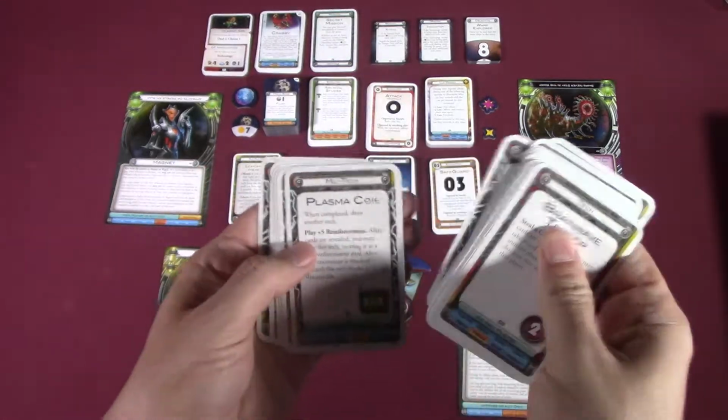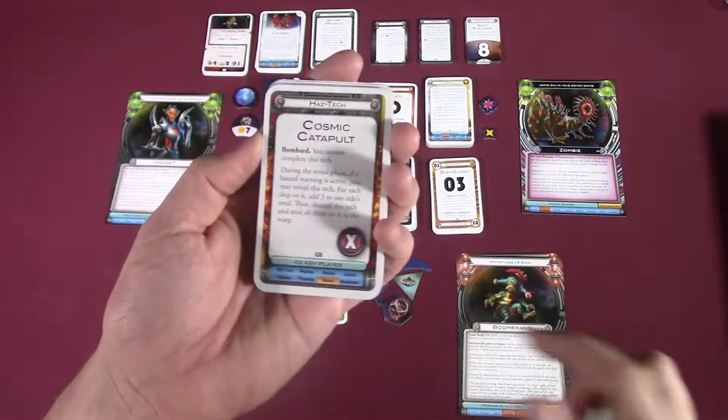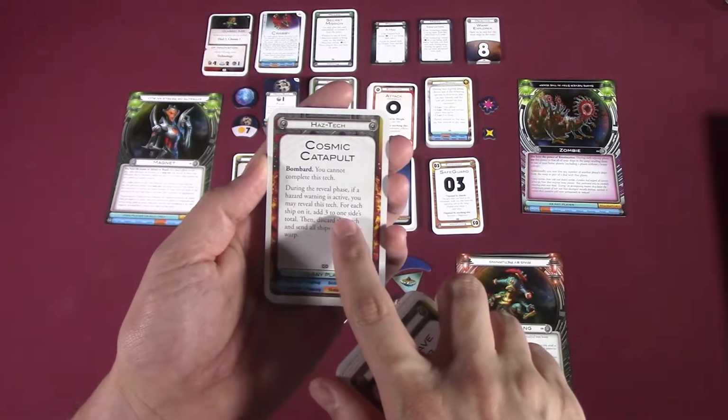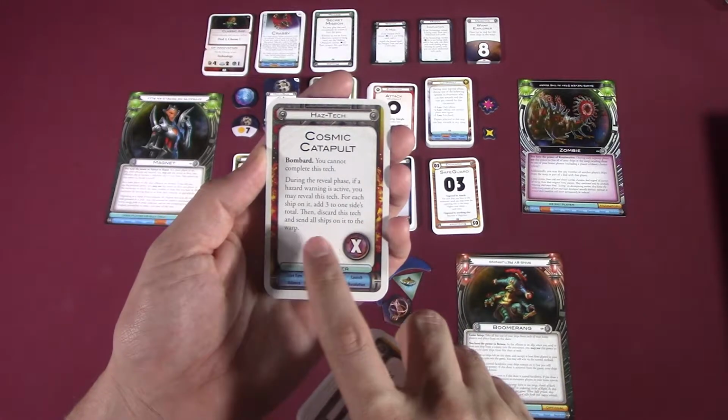If you do that, then you'll be able to activate that card. And then Haztech is interesting because here it's during the reveal phase. If a hazard warning is active, you may reveal this tech. For each ship on it, add 3 to one side's total, then discard this tech and send all ships on